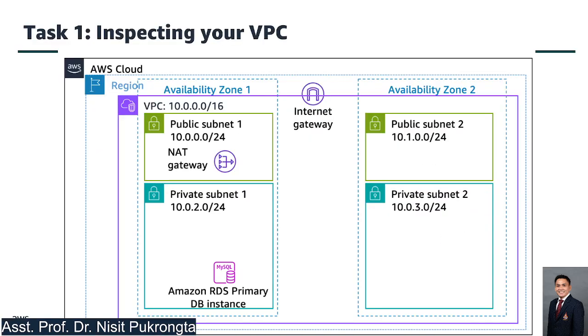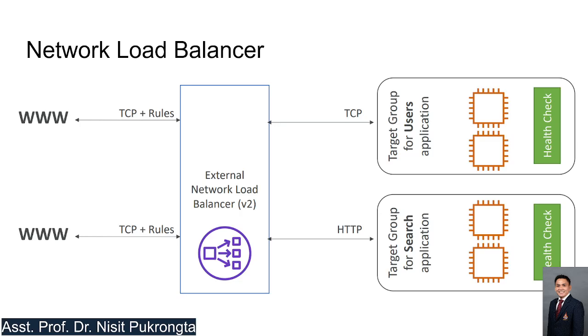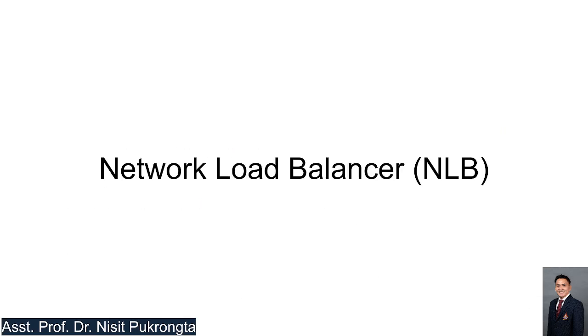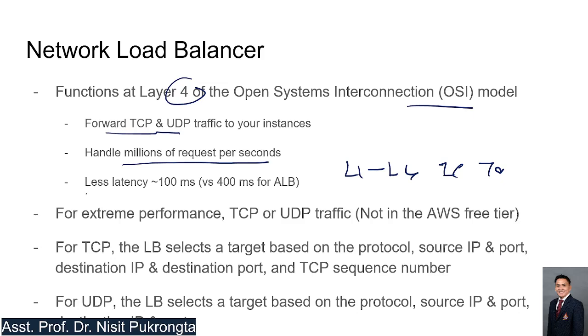And the network load balancer, the last one. The network load balancer functions at layer 4 down to the physical layer, right? Network load balancer focuses on layer 1 until layer 4 as well. It deals with IP address and transport layer, right? Layer 4 is the transport layer of the OSI model, to forward TCP and UDP traffic, handle millions of requests per second and with less latency